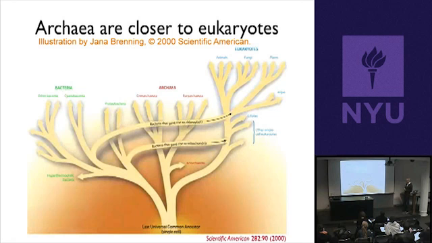Okay? And just to point out some major features of the tree, we have animals more closely related to fungi than we are to plants. It was previously thought that fungi and plants were more closely related because they're both vegetables, basically. No more intelligent reason than that. Turns out animals and fungi are more closely related than either one is to plants. Plants and algae obviously are related to one another. And then these are some weird eukaryotes, the kind that you see in pond water, like ciliates like paramecium, amoebas, things like that.